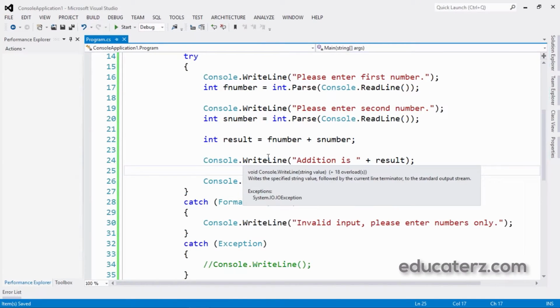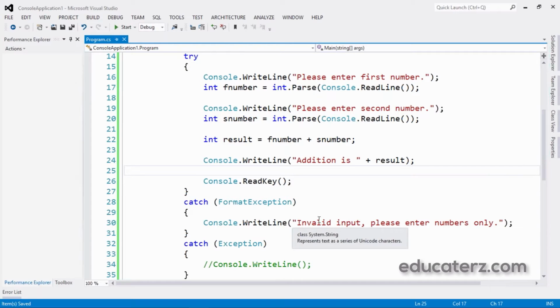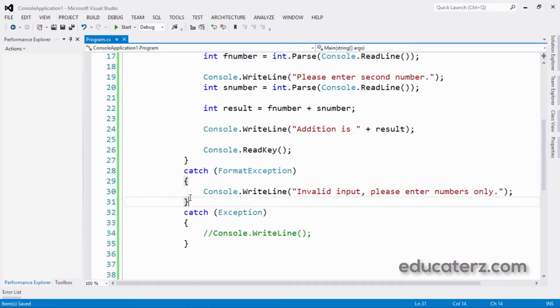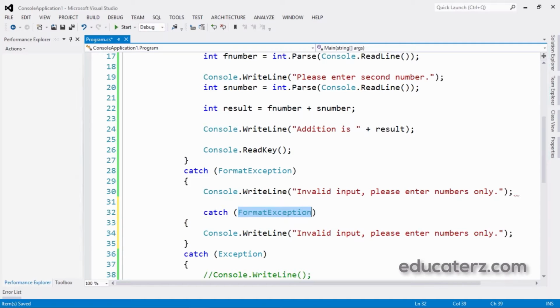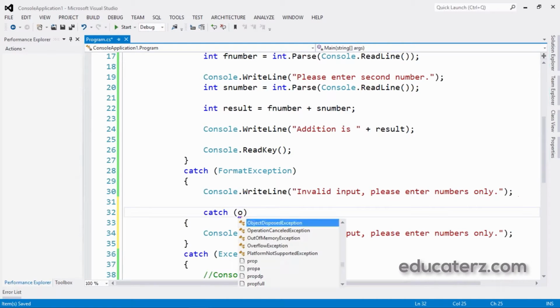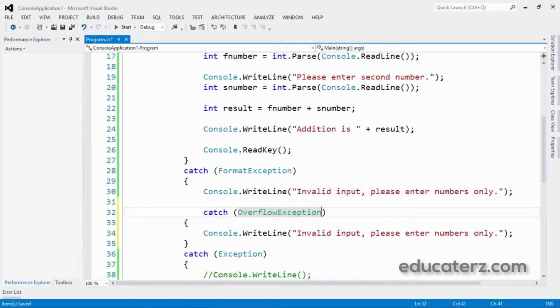But we wanted to show some meaningful message to the end user so that he can come back and execute the same lines of code. So I'm taking another catch for the range. Here we need to use overflow exception. Here we told invalid input, please enter numbers only. Even though he is entering numbers, that number should be within a range. So what we are going to do is only numbers